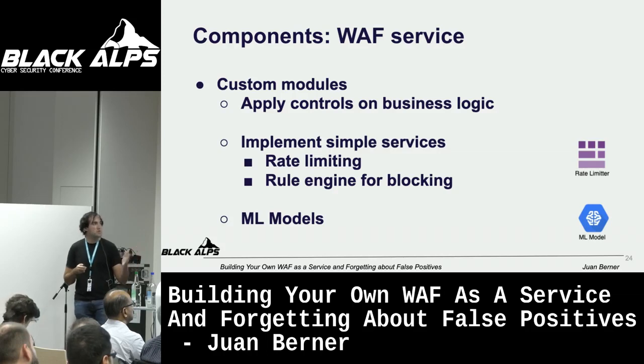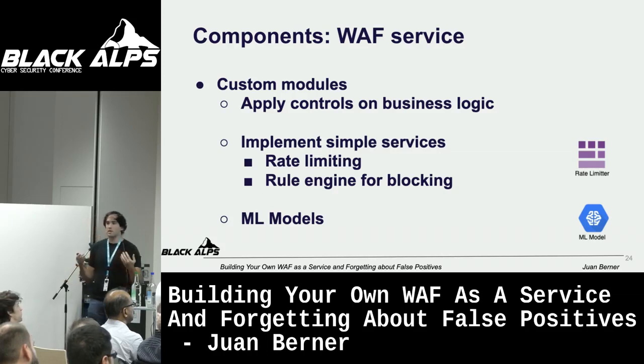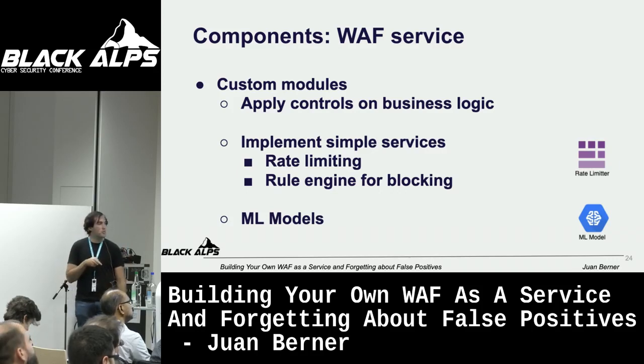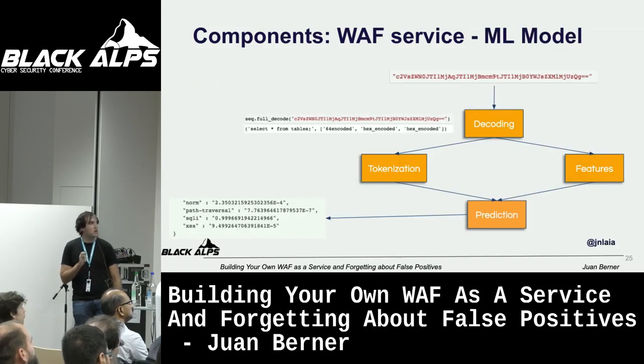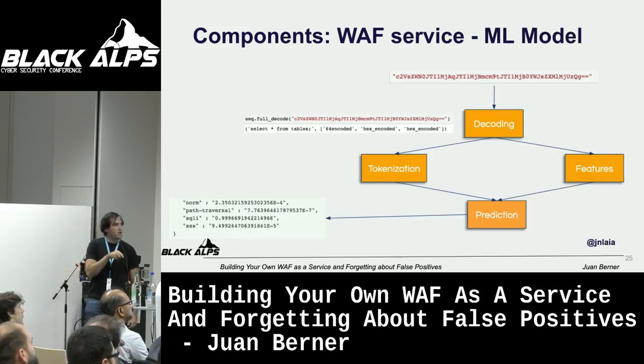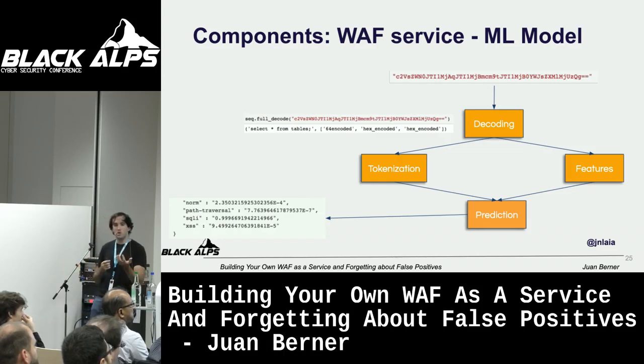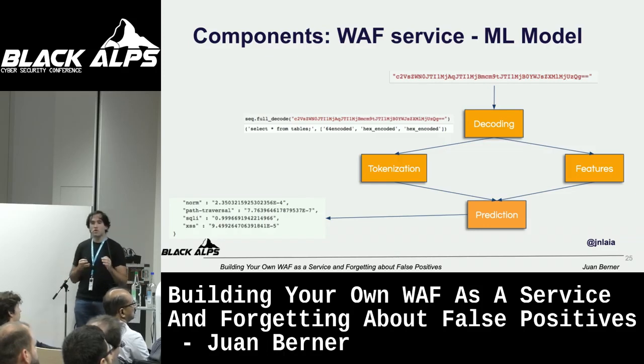And custom modules. So here is where you can actually start expanding the WAF service by adding things like, in this case, a rate limiting and rule engine plugin from the public code in GitHub. But you can do much more, like business logic related to your application yourself, or machine learning models. In this one in particular, I'm borrowing this from Joao Olaya, who is a data scientist who works with one of my teams. And we had the situation of the WAF service using mod security for most of the predictions. But when using one of the settings of mod security, which is called Paranoia 2, we were finding a